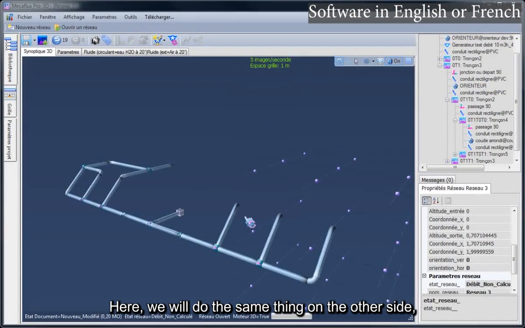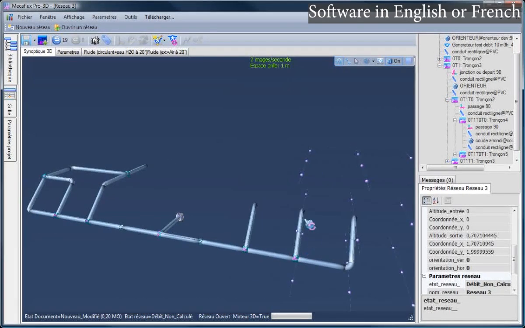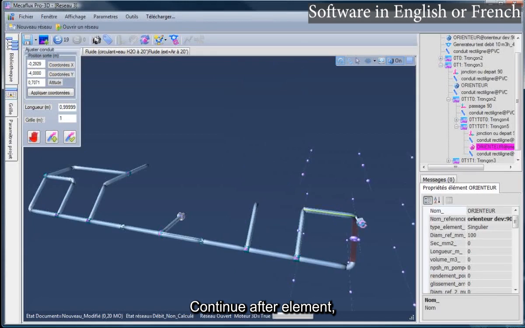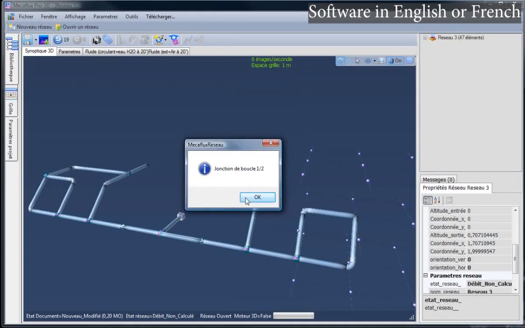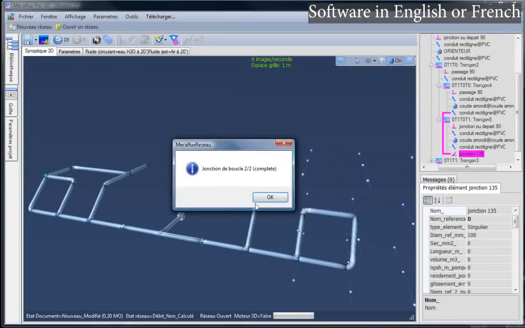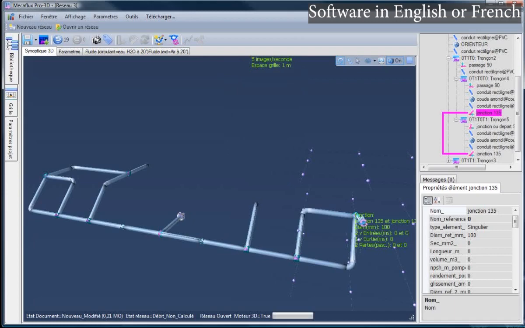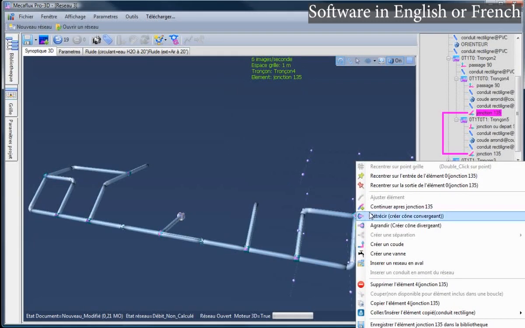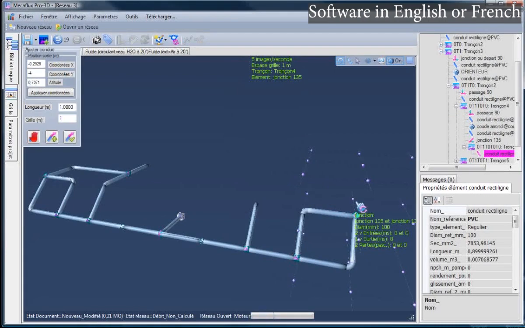Here, we will do the same thing on the other side, so that the branching and the looping are symmetrical. Continue after element. We continue after this one.